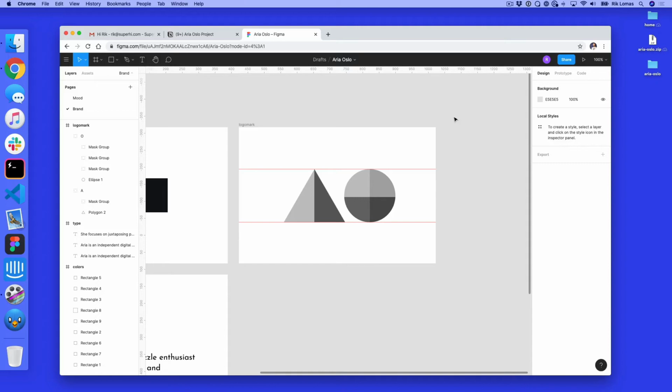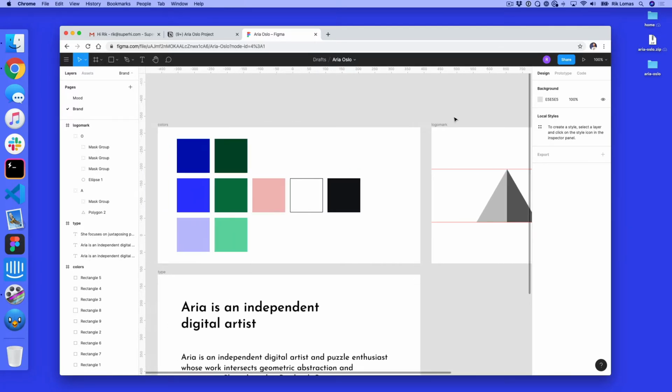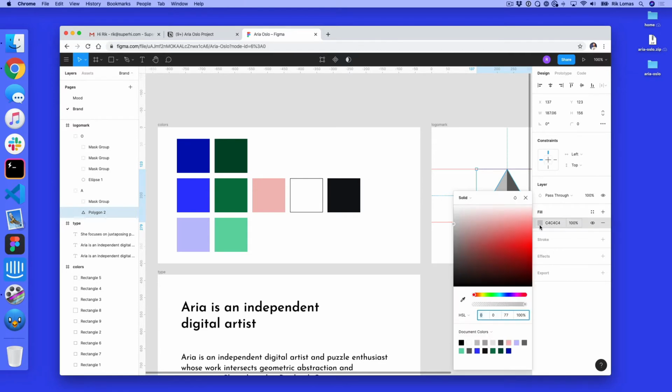So at the moment, our logo mark is in black and white, which generally is a good sign for visibility. I want to make sure this is clear before I start to add colors to it. So how do we add some colors to this? Well, I have some colors here. What I could just quickly do is say this is green, this is pink, and then just fill them in. So the quick way to do it is just pick things,